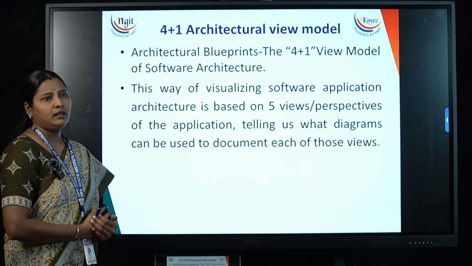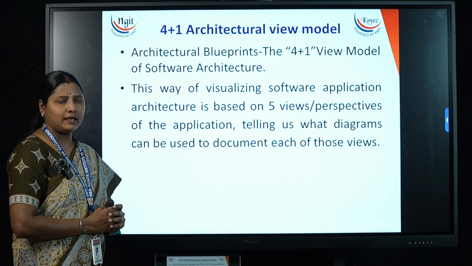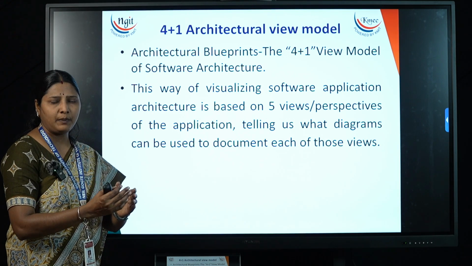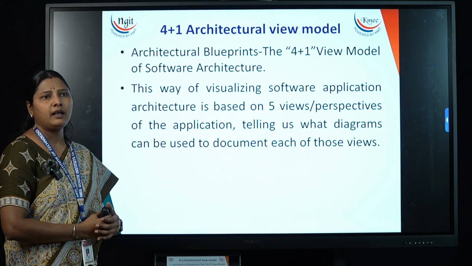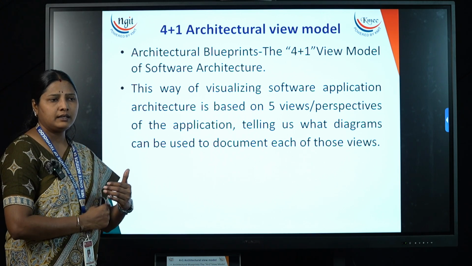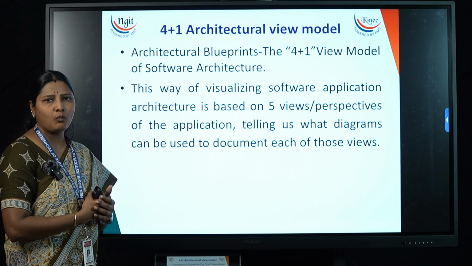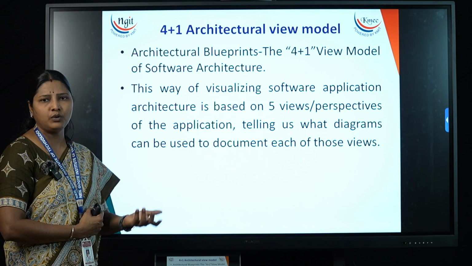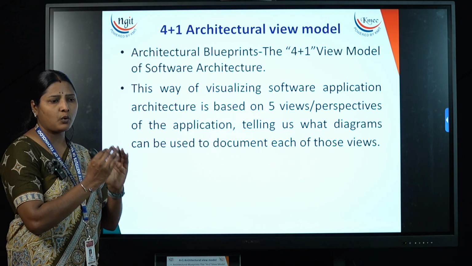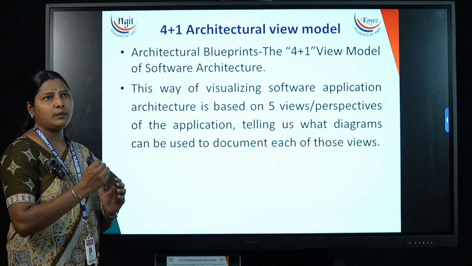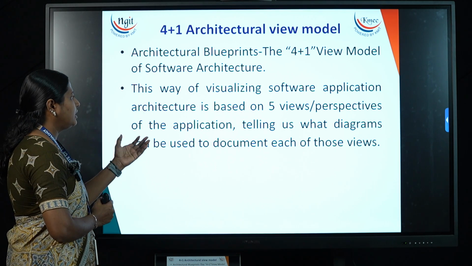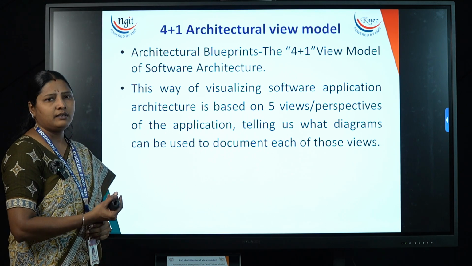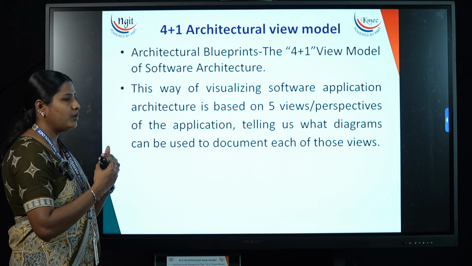As we know, depending upon the project that the developer is developing, whether it is an operating system, or an application software, or a system software, based on the type of the software, the developer can choose different types of models to design. They can go for the flowchart, they can go for ER diagrams, they can go for UML models. That depends upon what project the developer is going to develop. So depending upon all these models, it totally depends upon the architecture. They are going to be differentiated. So the view is going to change.